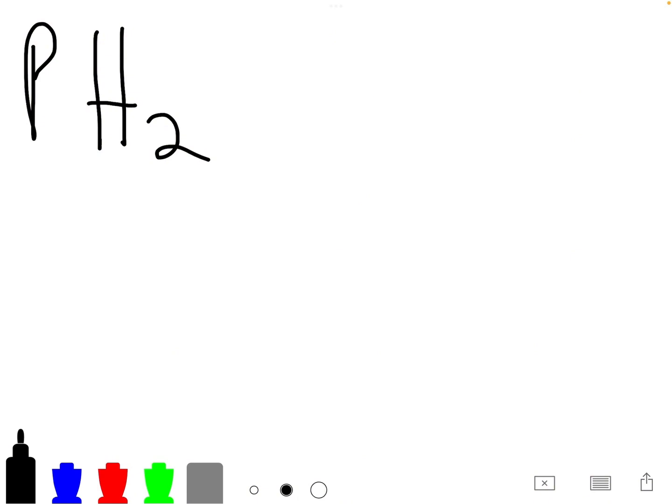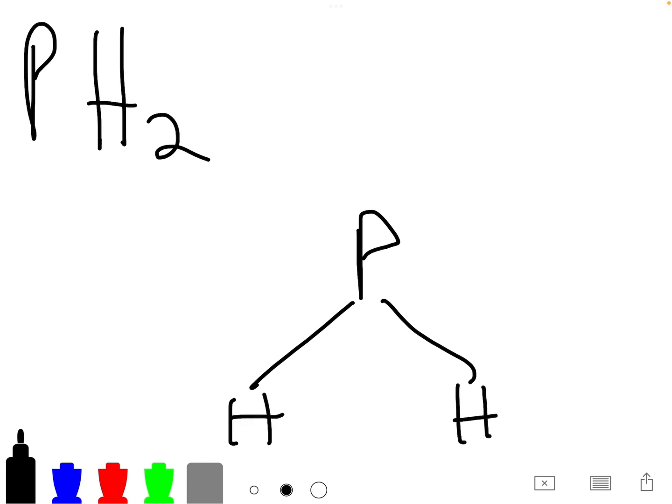Now for the geometry, it will be a pyramid. No, it won't. It's bent. So it's going to be P and then the two hydrogens right here. So, and it is